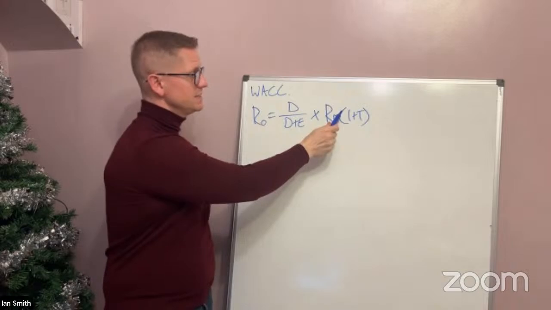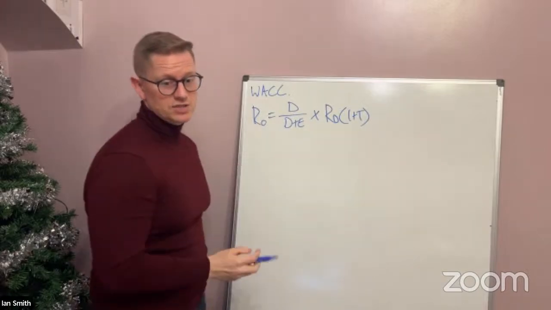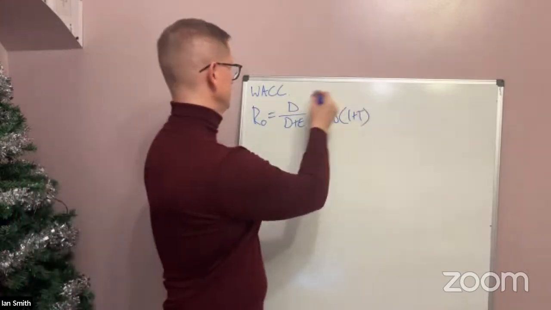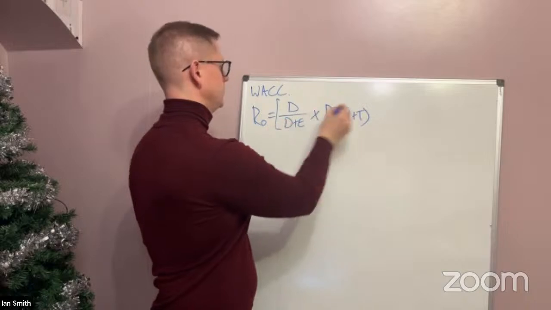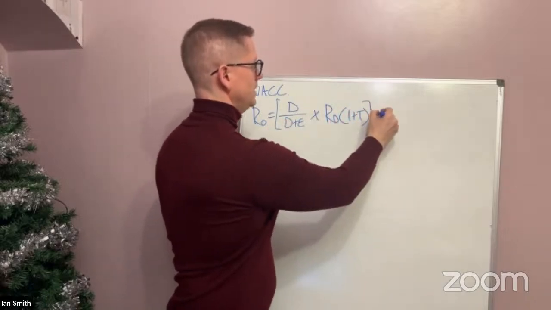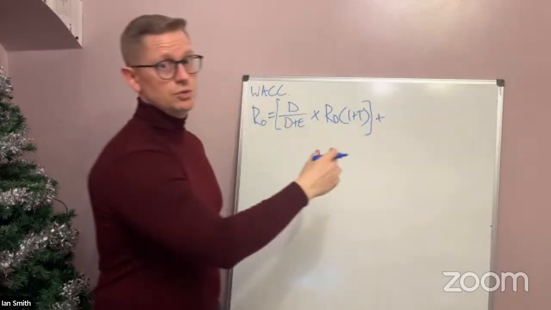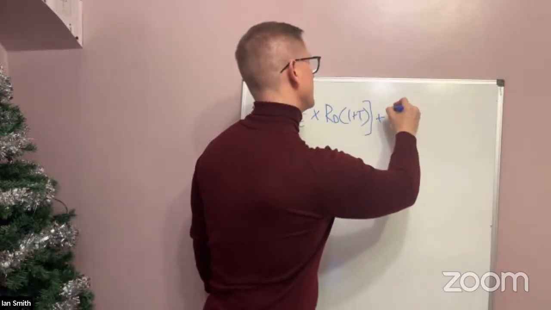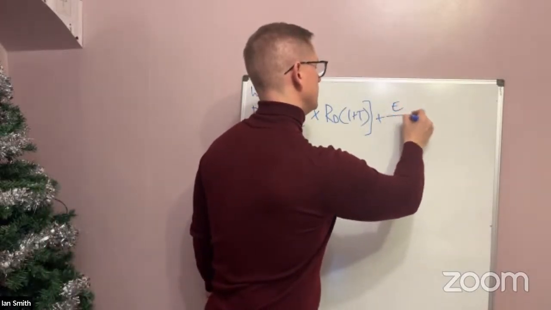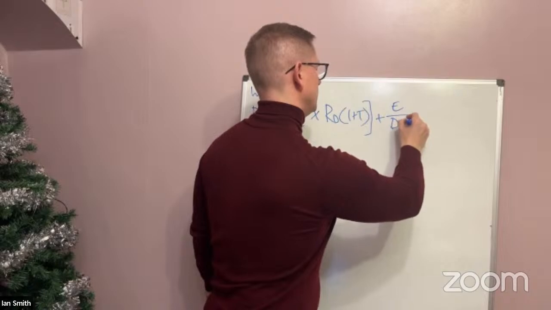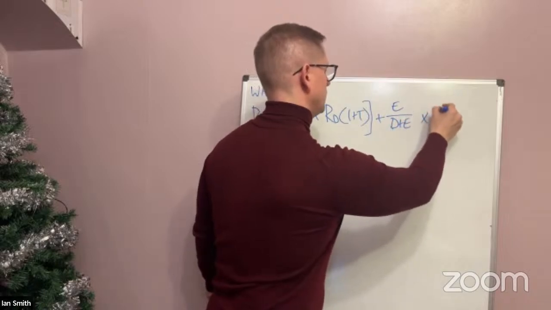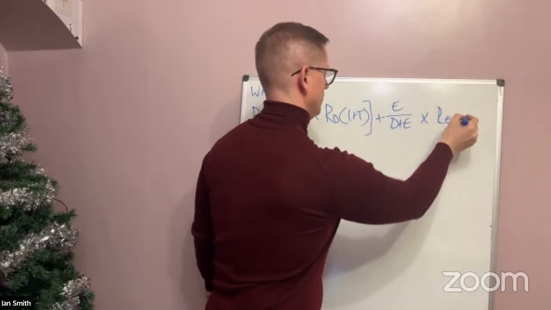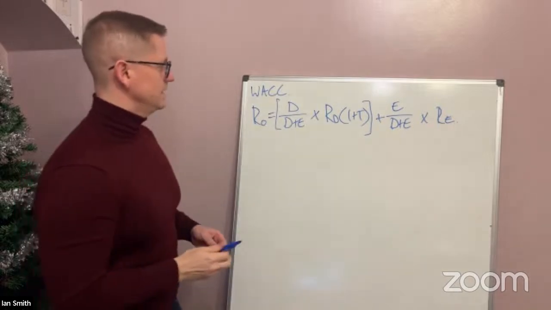That's multiplied by 1 plus the tax rate. Then we're going to add this to the cost of equity. We're going to call that RE. That is the WACC